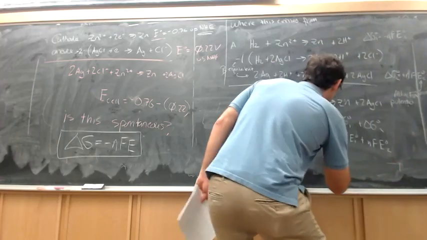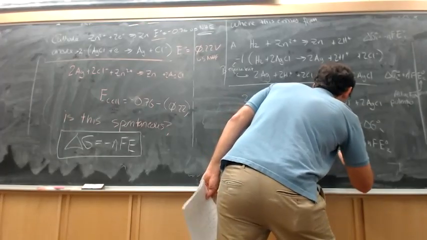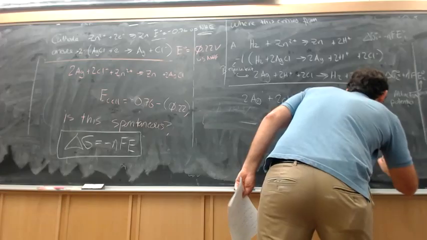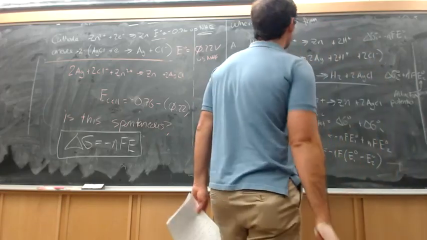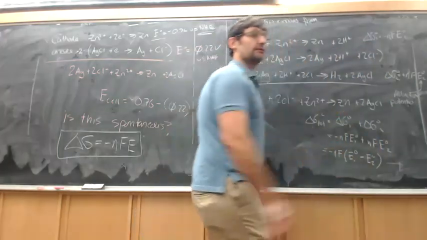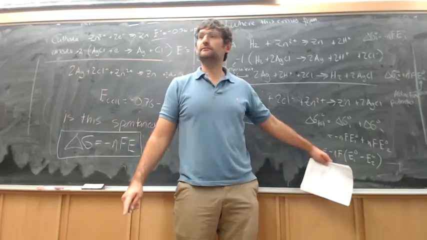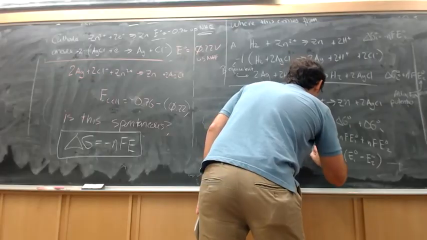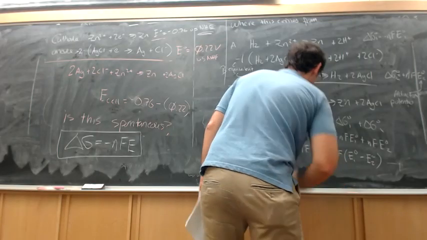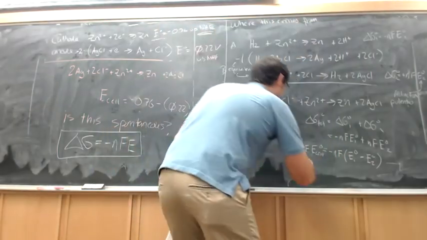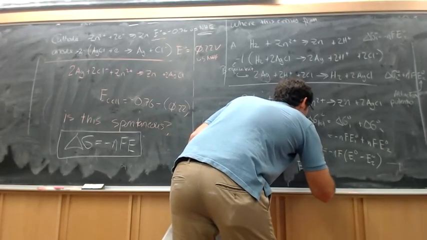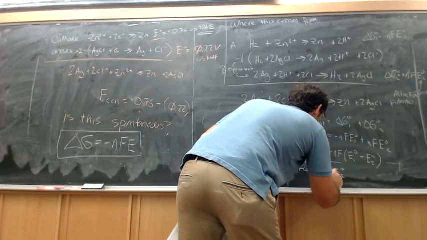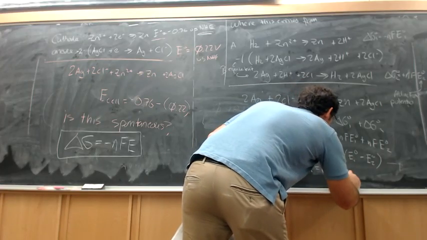So I can rewrite this as equal to negative NF times E1 naught minus E2 naught, right? Where E1 is for the cathode, E2 is for the anode. So that's the exact same equation we got before. And this is equal to negative NF E cell. So this simplifies to E cell naught equals E1 naught minus E2 naught, or E cathode minus E anode,